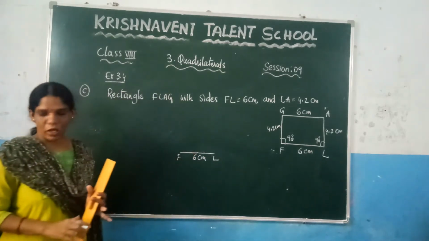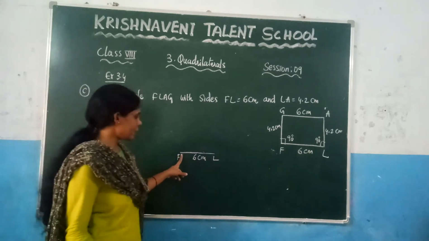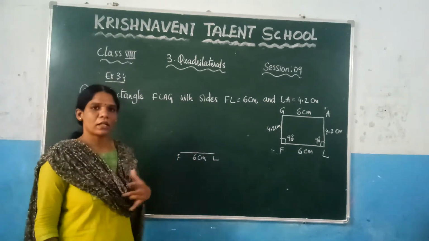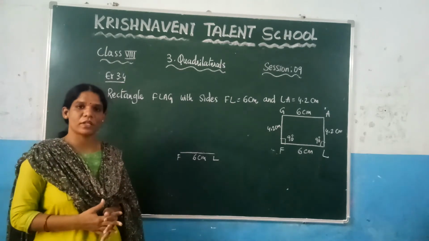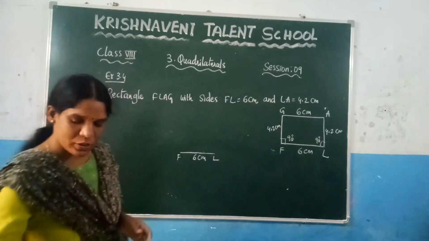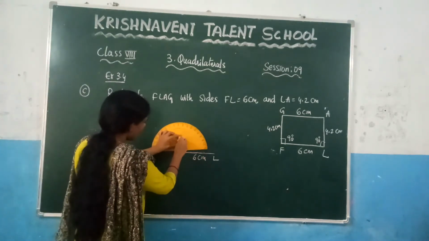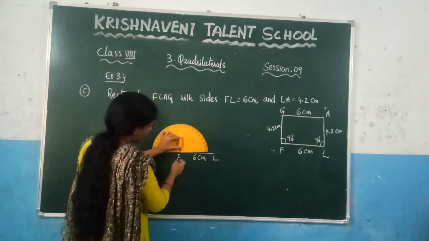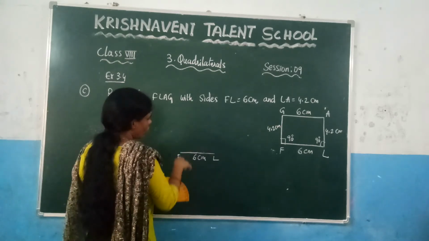And after that what we need to do? We need to draw an angle of 90 degrees at vertex F. So here with the help of the compass you can draw it, or without using the compass also we can draw. And by using the protractor, how do you draw here? Just you need to coincide this arrow mark and the vertex F such that you can point from here, this one. This is nothing but 90, you can draw it.